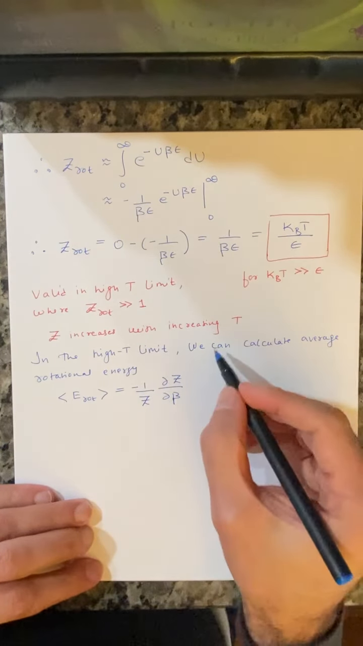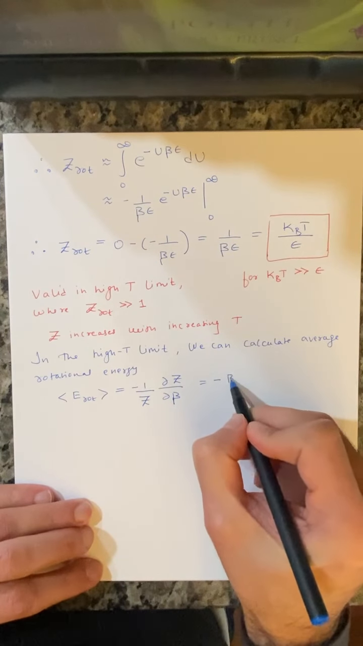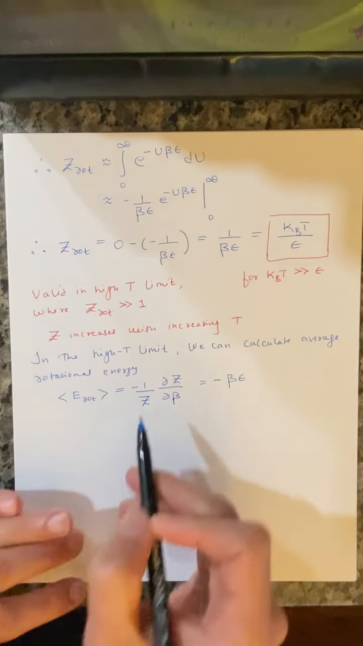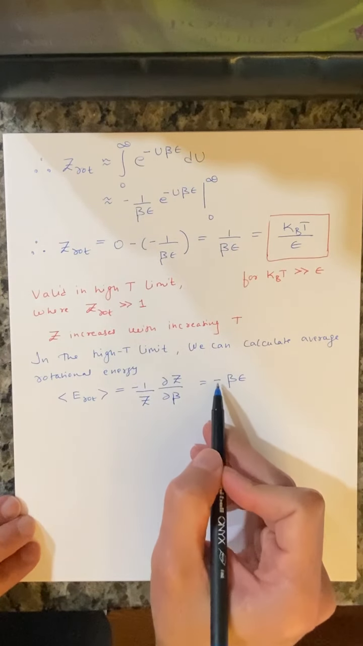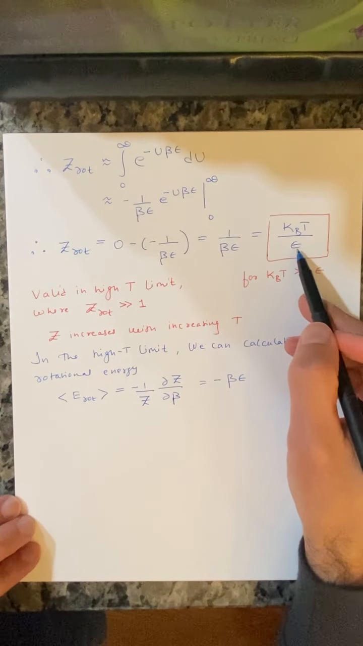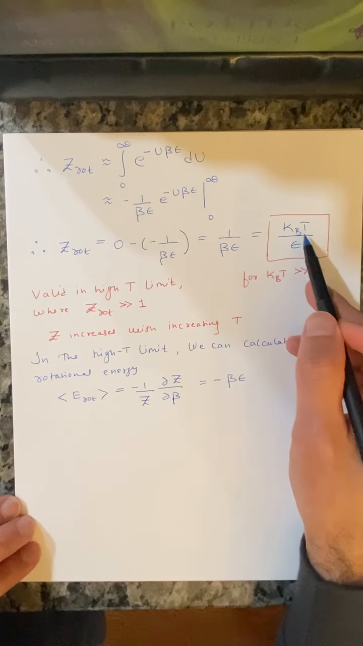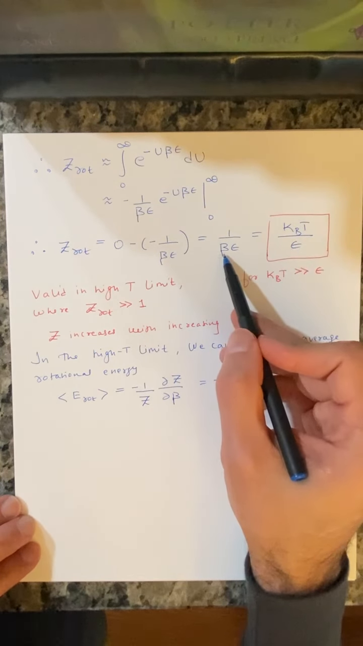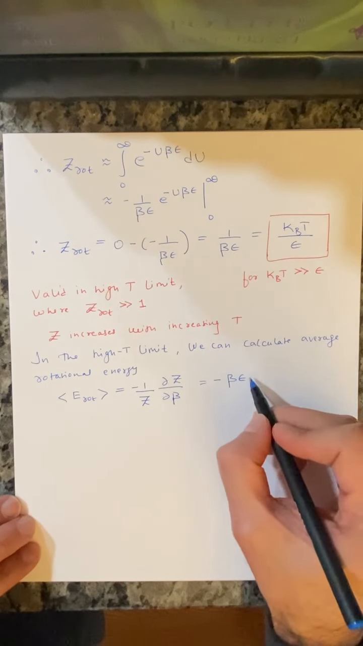That's what it tells us. In this case, all we need is, this is going to be equal to minus 1 over Z, 1 over BE is going to give us this BE. Minus still says. And when you differentiate this, don't forget, beta is in the denominator. So put that in here, minus